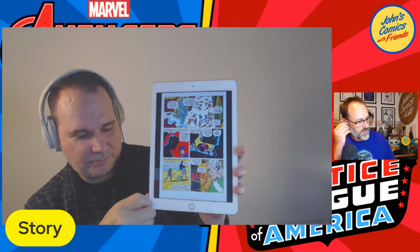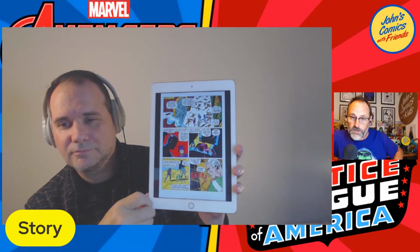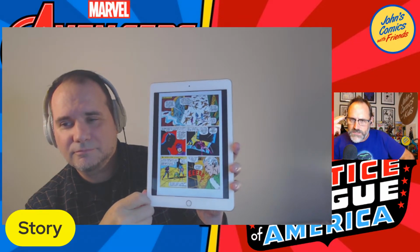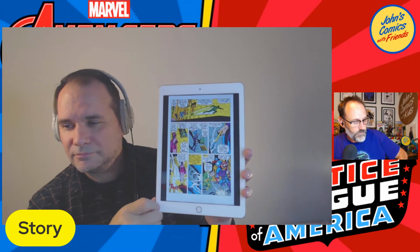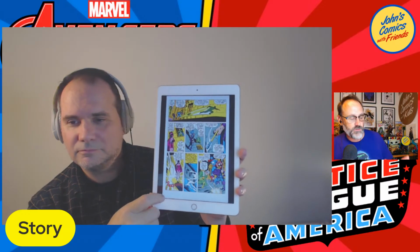Let's see. On the next page, it looks like the team has done pretty well until the floor opens up and Scarlet Witch falls into a trap and vanishes. But Quicksilver can hear her screaming down the hall, so he runs off to rescue her. Meanwhile, the rest of the team has to catch up, and when they do, he's found her